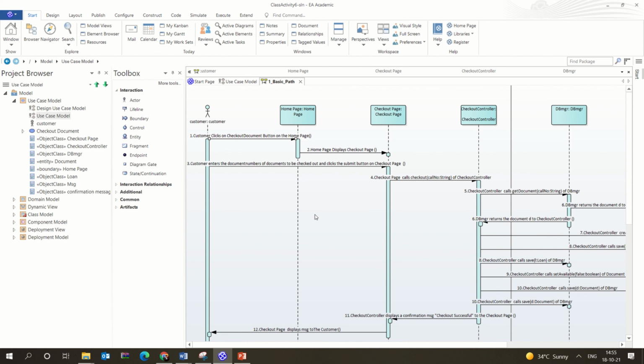So it could be a synchronous message because I need to verify and I need to get the result, then only I can proceed. Maybe I have another set of items where this doesn't matter. So in those cases we can use the asynchronous message. That means that I'm not waiting for the result or the response to be there. I just keep on continuing.